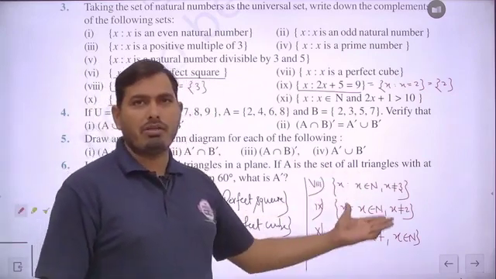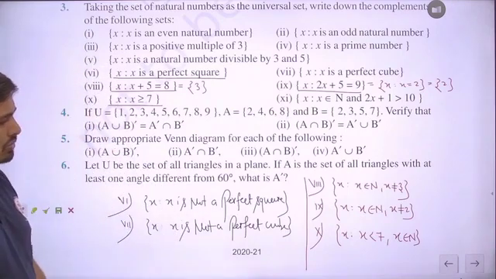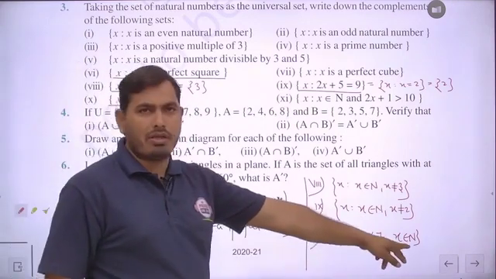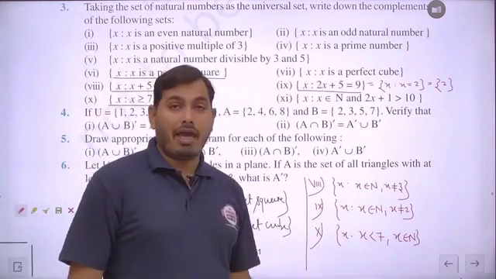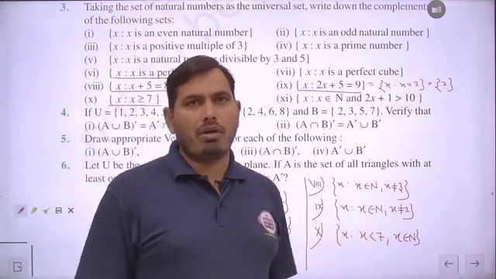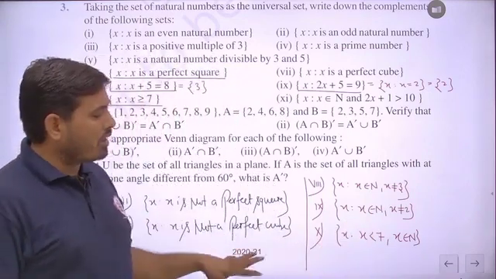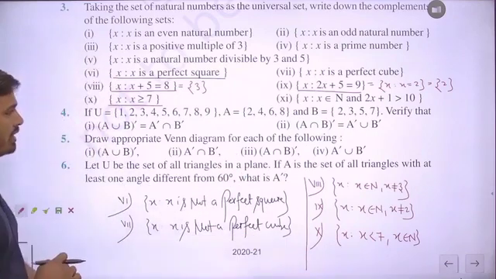Here we are just mentioning each and every complement part of the given sets. Is it clear? So here we have to always mention this. Without this, student, the answer will be considered wrong, because x less than 7 means many more numbers could be there, but we have to see the natural numbers as the universal set, so you have to mention that x belongs to the natural numbers.